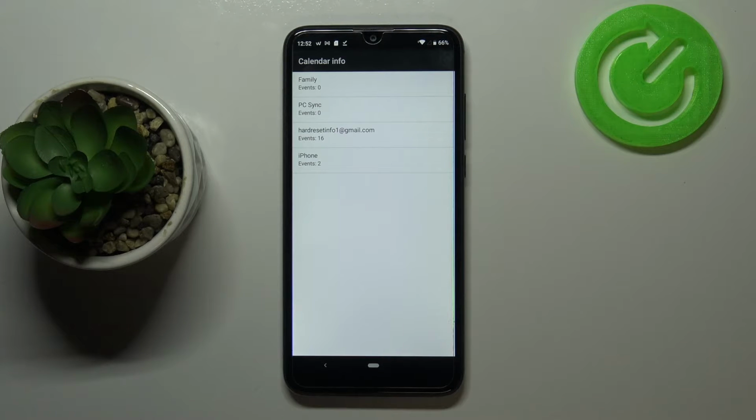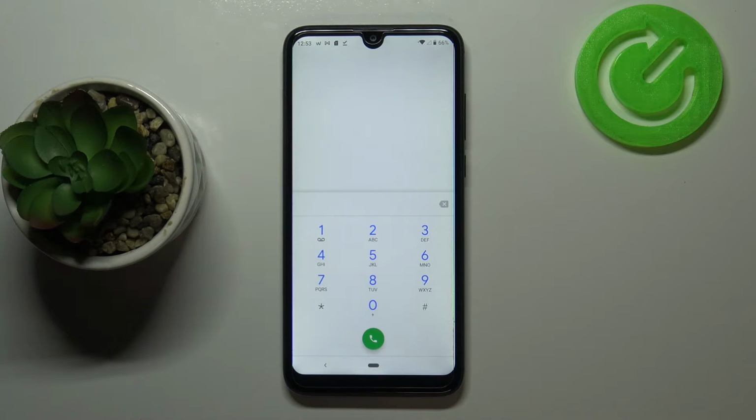We can check some family events, some holidays in your country should appear right here, or events attached to your mail. So this is the best option if you want to check the events, because here they are grouped into particular sections. Let me get back and let me show you the last code which will open the testing menu. It is